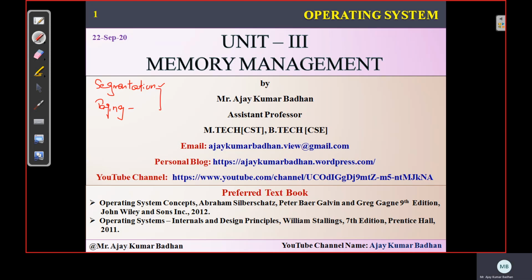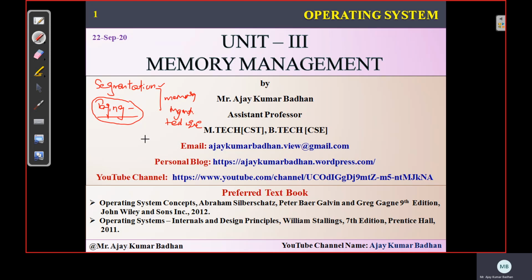Okay, so paging. These two are the memory management techniques we have discussed in the previous session. Now in this session, we will try to complete the remaining portion of your paging technique. I discussed in the previous session only the first 30% of the paging method: what exactly paging is, and how, with the help of paging, we can eliminate external fragmentation, but internal fragmentation does exist in it.